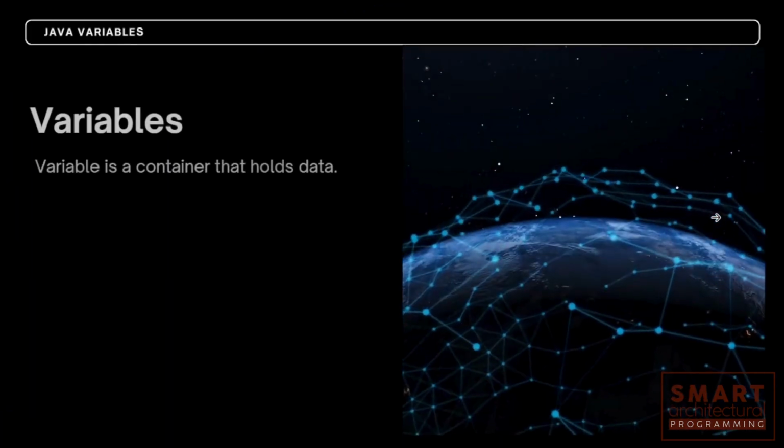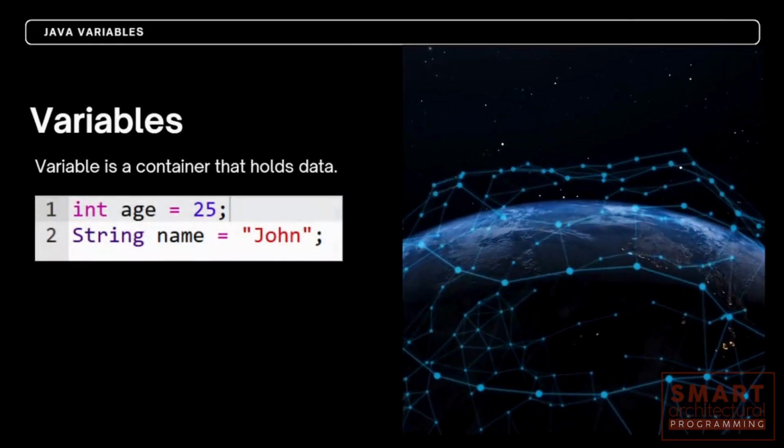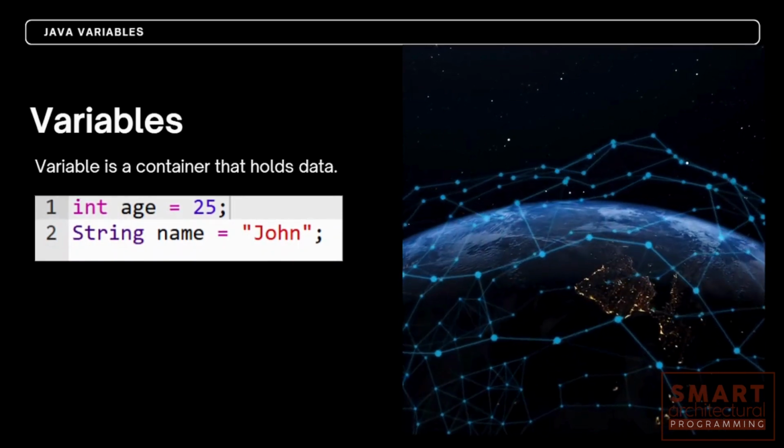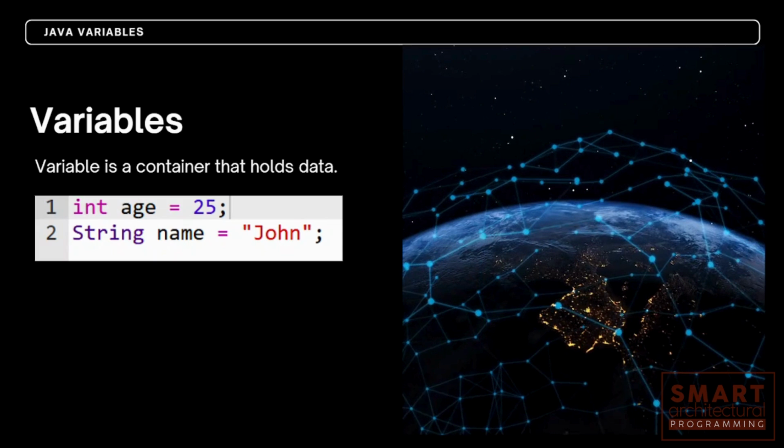So the first thing we need to understand is, what are variables in Java? If you need to remember, in Java, a variable is a container that holds data. Think of it like a labeled storage box. You give it a name and store information inside it, which can be numbers, text, or even complex objects. As you can see on the screen below, we have two variables defined here, an integer called age and a string called name. Variables help us store and manipulate data in our programs, but before we use them, we